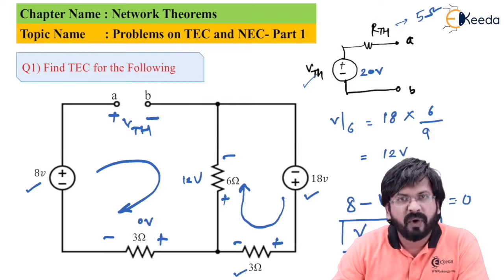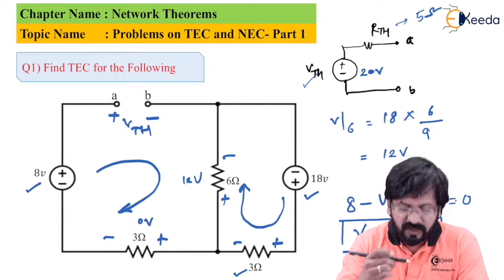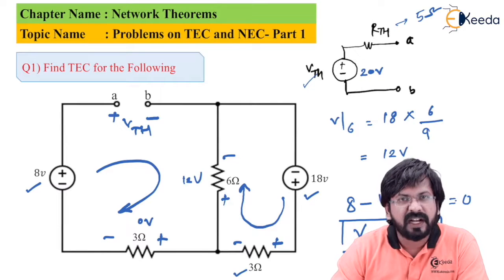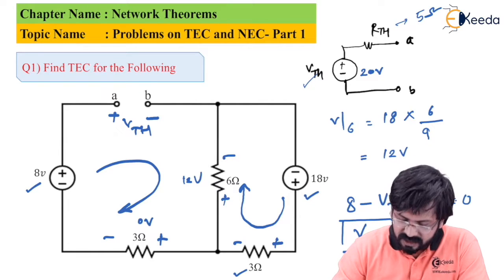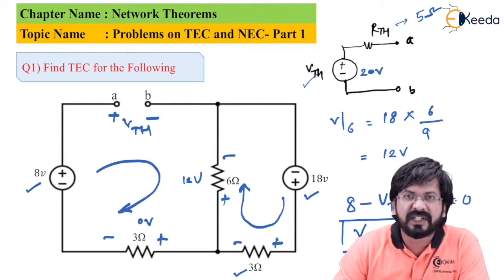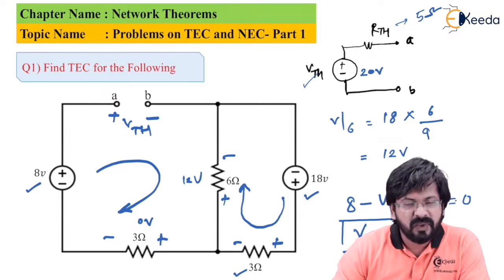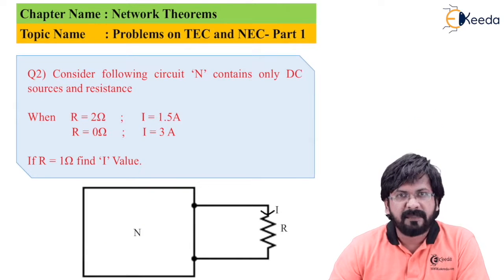To summarize, what we did is, first of all, we locate two points A and B. We open circuit A and B. We find the voltage of A with respect to B, called VTH. After that, we short circuit A and B. We find the current ISC. After getting ISC, VTH upon ISC is equal to RTH. And therefore, we can find VTH and RTH by following the said procedure. So now we can start with a second problem. The second problem has appeared on your screen.